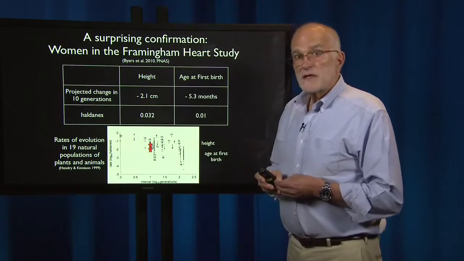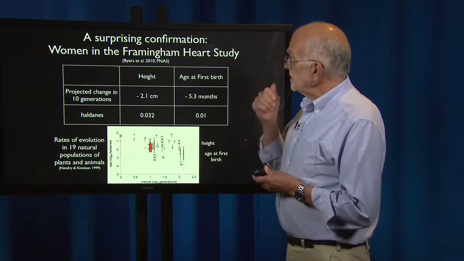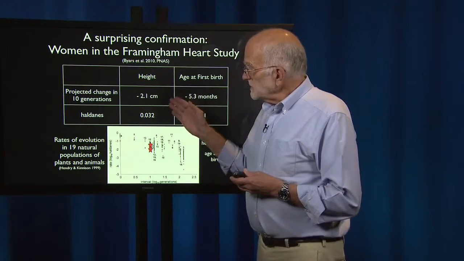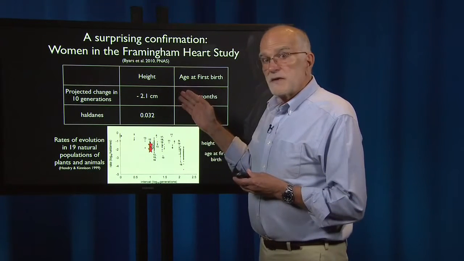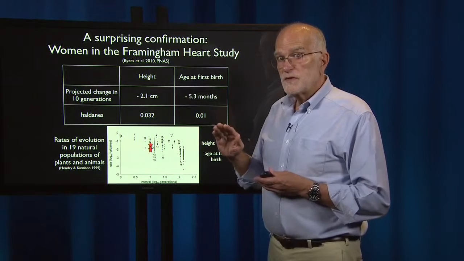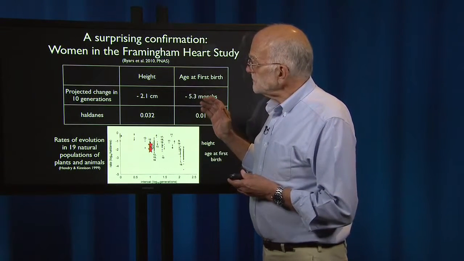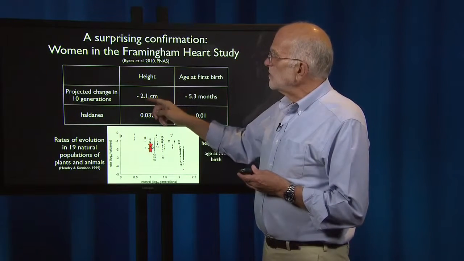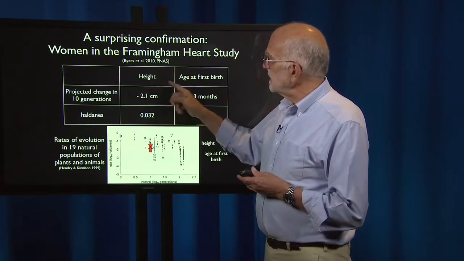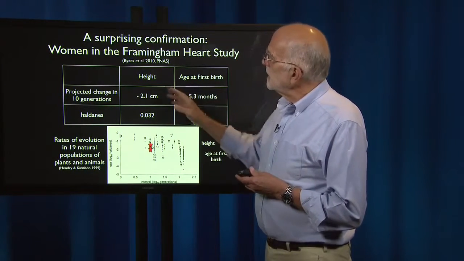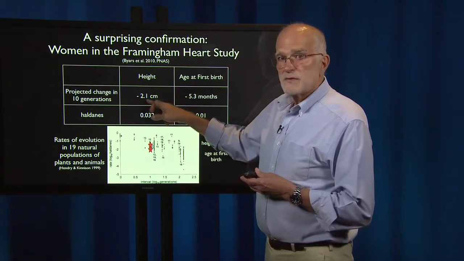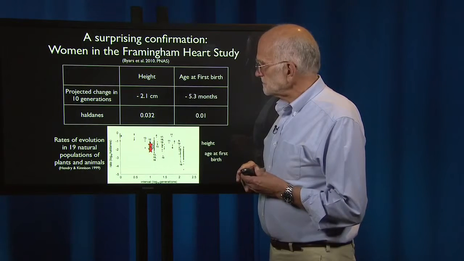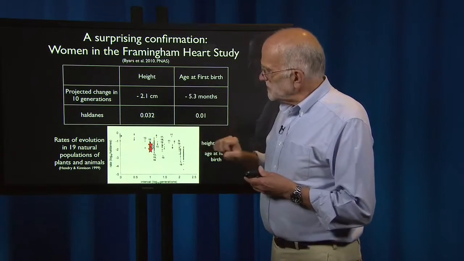We got a surprising confirmation of this when we analyzed women in the Framingham Heart Study. We looked at selection operating on those born between 1890 and 1950, and then projected the change that they would experience over the next 10 generations in height and in age at first birth. Height predicted to decrease by about 2 centimeters, age at first birth by a bit over 5 months. We then contrasted that